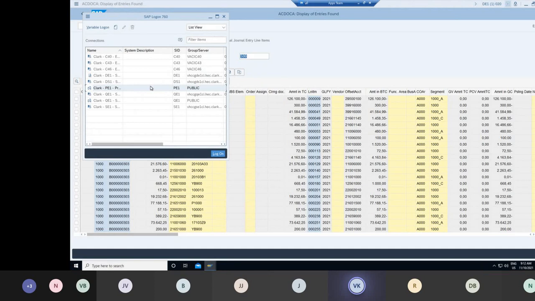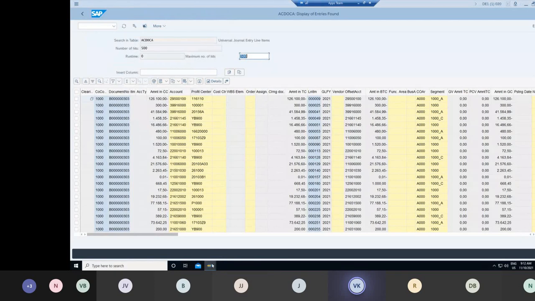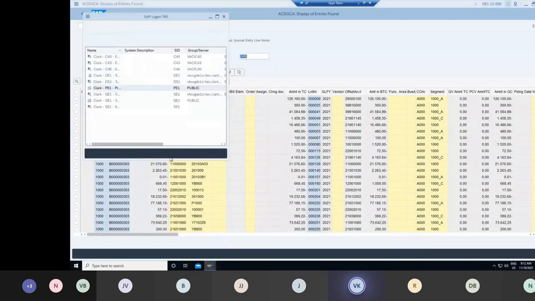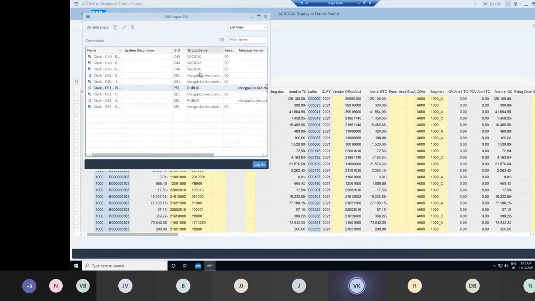Once my development is ready, I will show you that changes. But just have a look. This is how the system would look like when you start working for any client. You will have multiple systems, but usually this is the process. You will have dev, you have quality, and you have production.